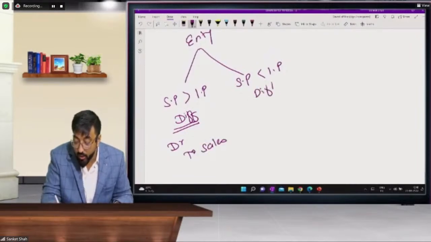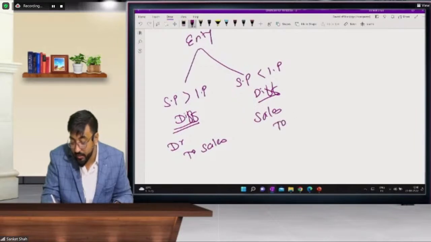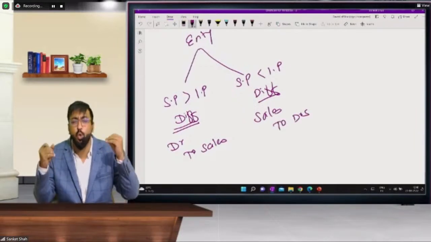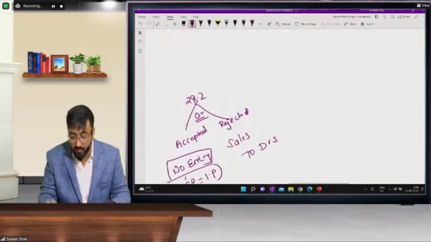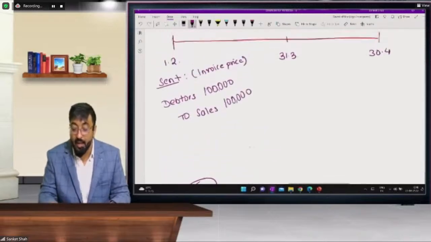And here also difference की entry होगी sales to debtors. सर समझ में आया? पूरा समझ में आया सर, पूरा समझ में आया. यस, एक नंबर समझ में आया। 28 फरवरी को ये हुआ। पर बेटा 28 फरवरी तक हाँ या ना कुछ